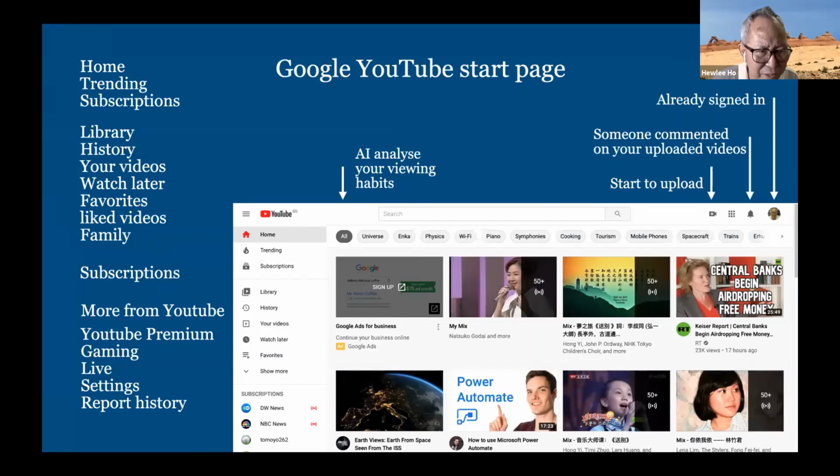For the left-hand side column, one of the usefulness is the history. History means whenever, after you have logged on to your own YouTube account, whenever you see a YouTube video, it will be recorded in that sequence. So assuming you see 10 of them, and 2 weeks later you want to review the video again, all you need to do is go to the history.